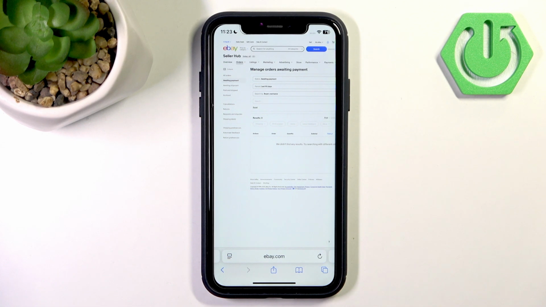So this is the section where you have orders that the buyer hasn't paid for them yet. So here tap the item and then scroll down and click the button Send Invoice,